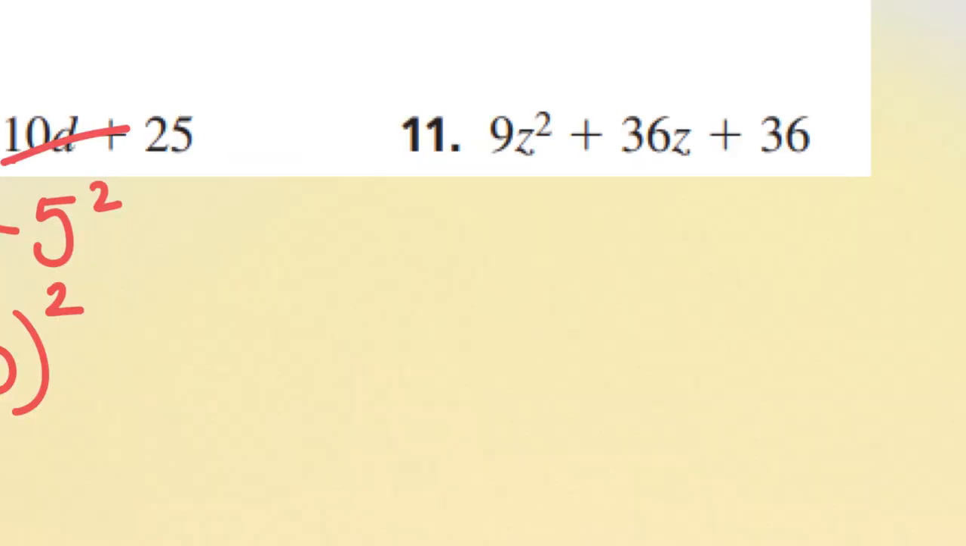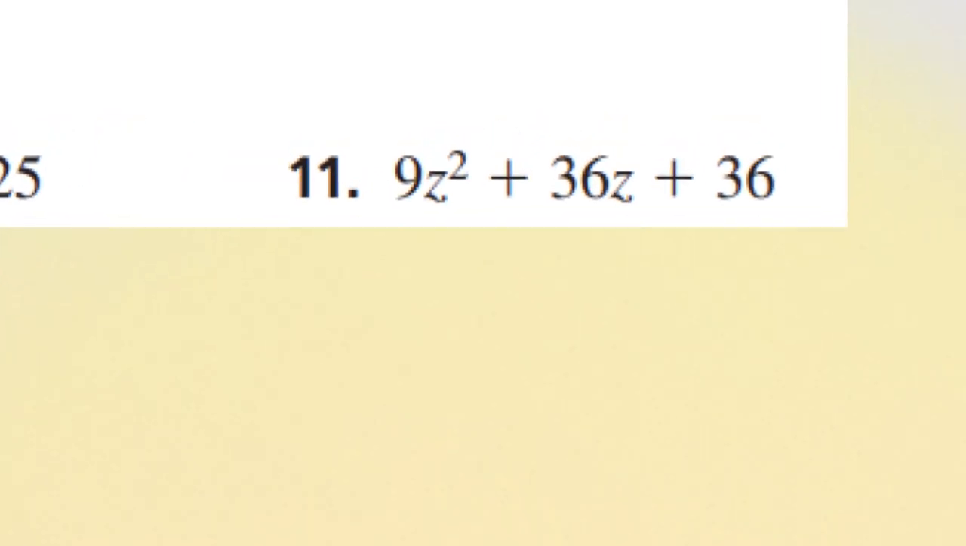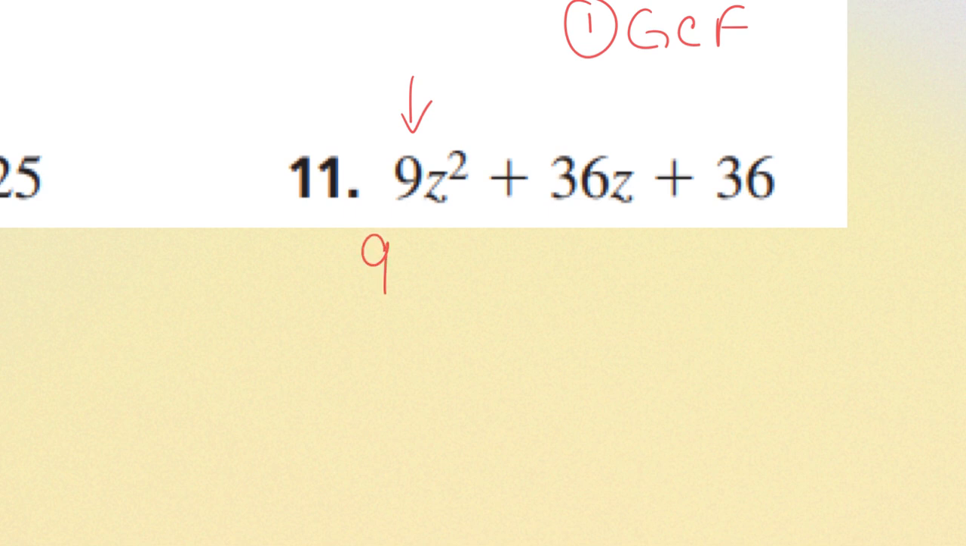Number 11, again, we now have a that is no longer 1 as before. But we know that 9 is a perfect square. Can we have a GCF here? Yes, I can factor out a 9 from all of this, and I'm going to be left with z squared plus